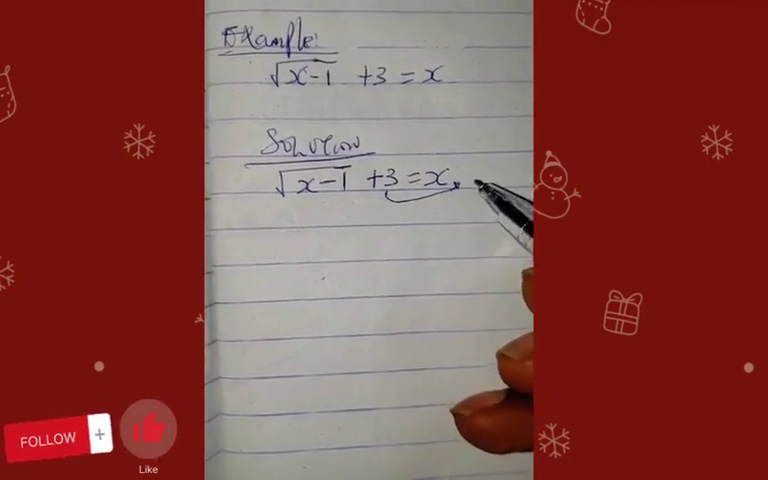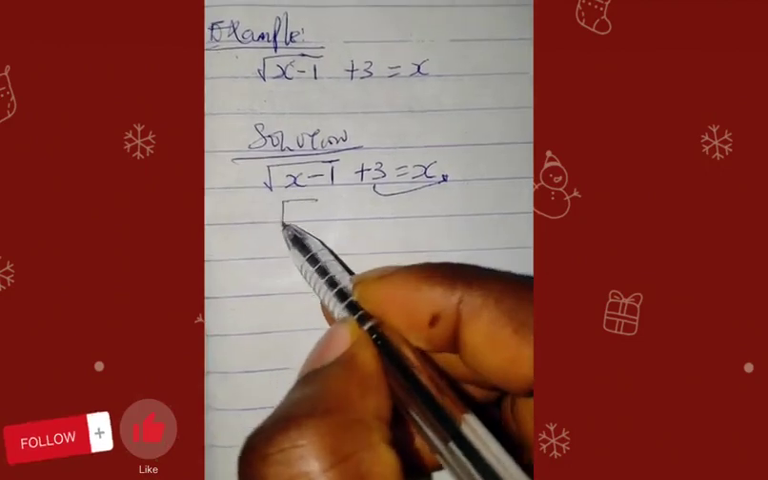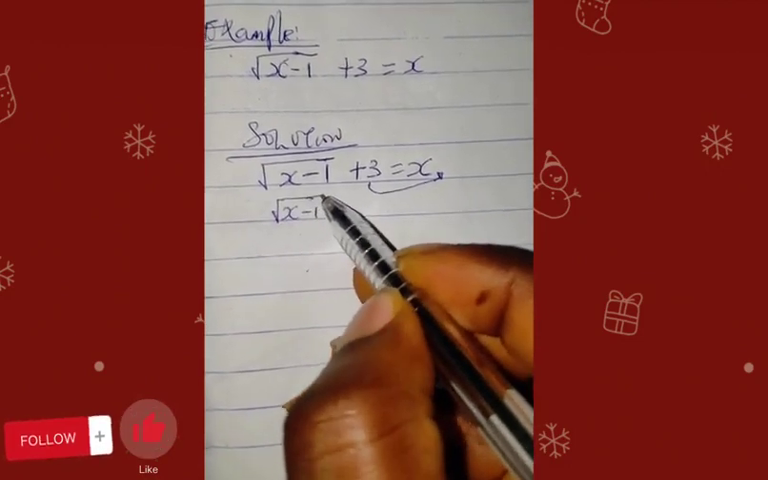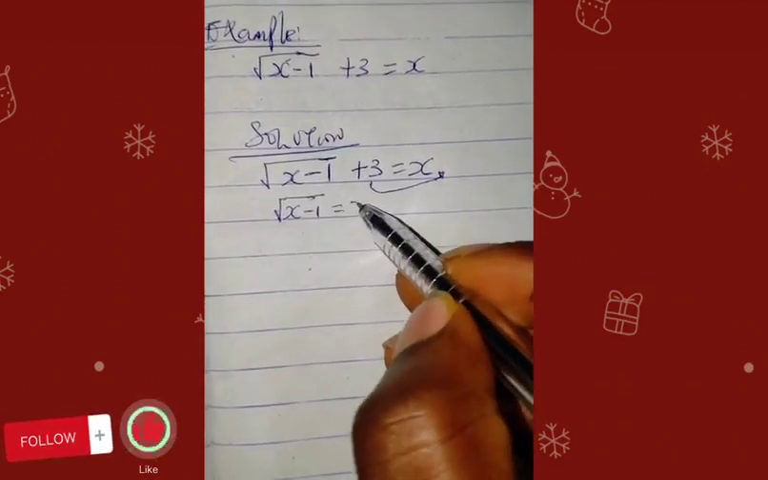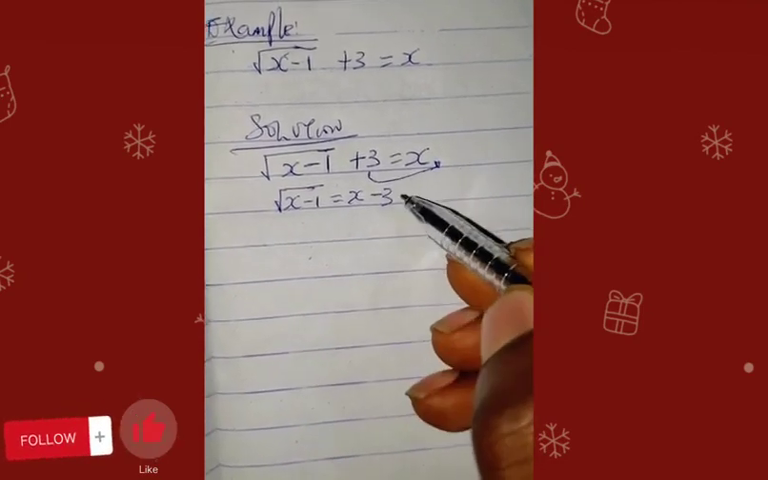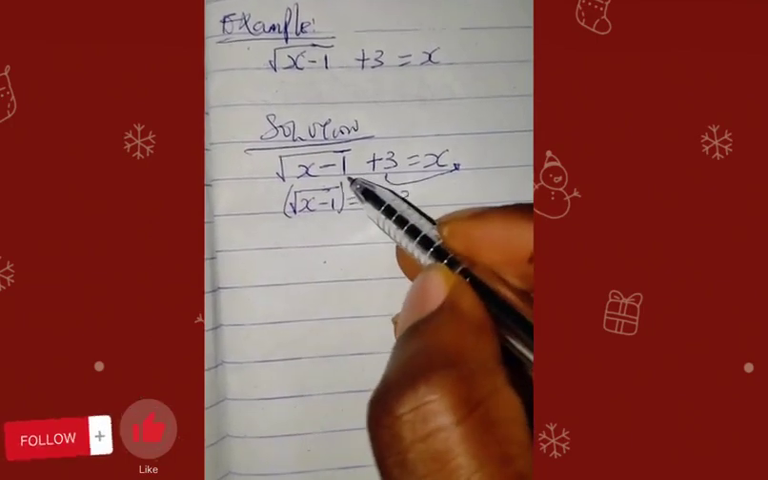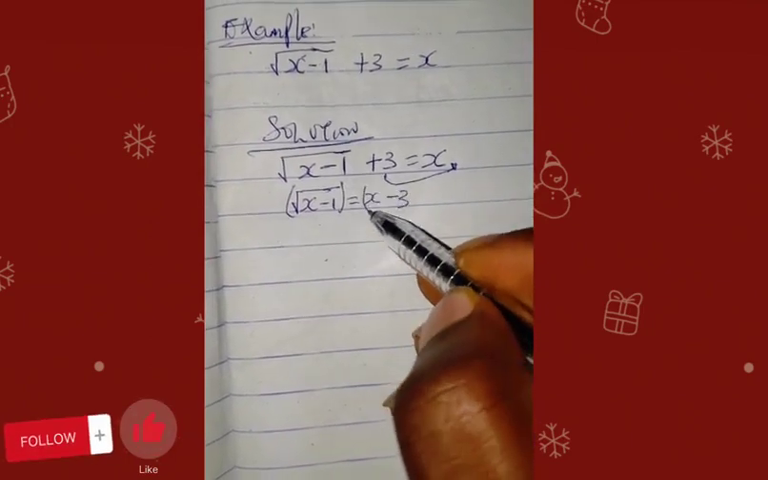Then collect the like terms, so you will say surd x minus 1 is equal to x plus 3. We move it here and it becomes minus 3. Don't forget the next thing is to isolate. You isolate this, then you also